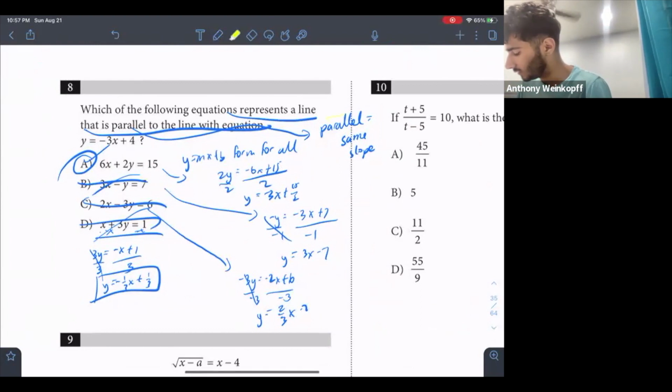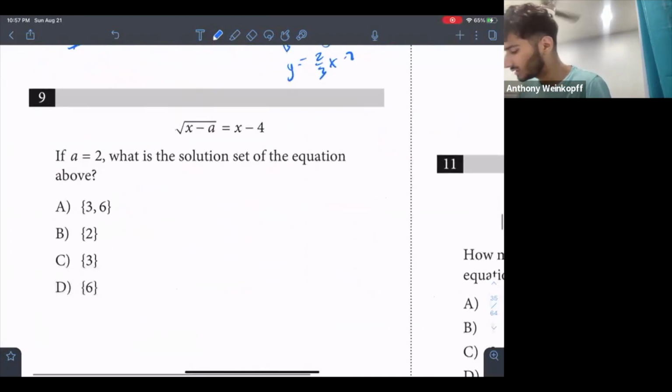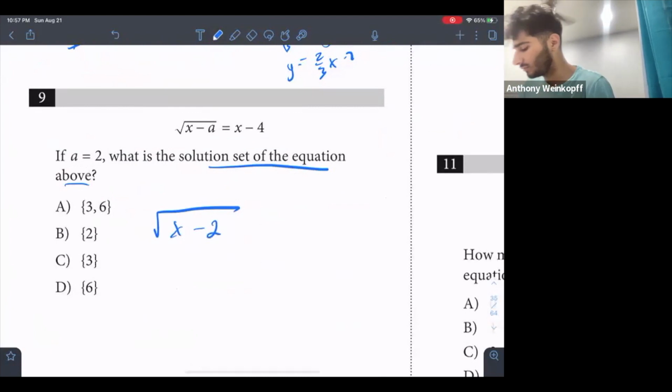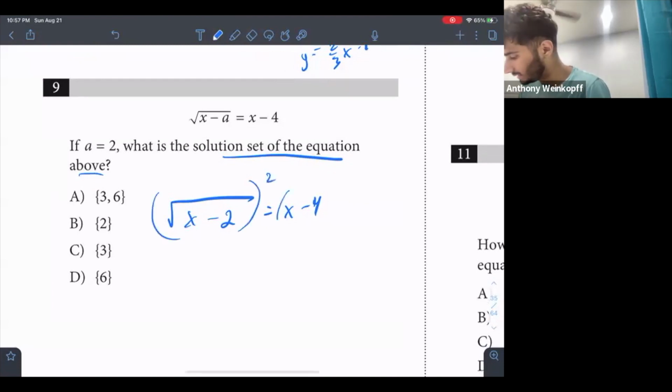You just have to know this key right here. Question 9. If a is equal to 2, what is the solution set of the equation above? So we would just plug in values into the equation. What we can do here is square both sides. Yeah, x minus 2 is equal to, if it's x minus